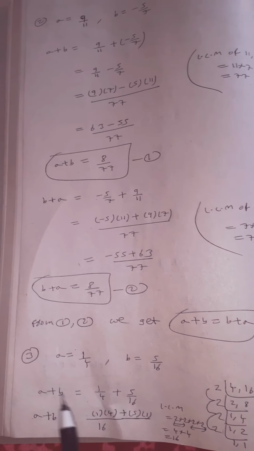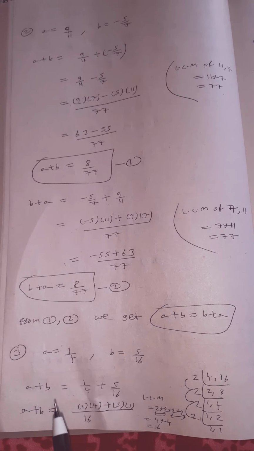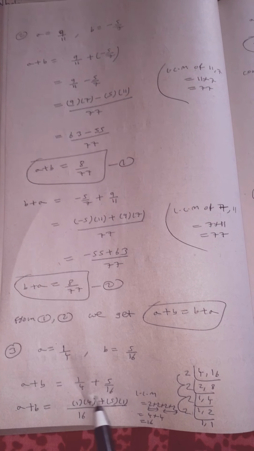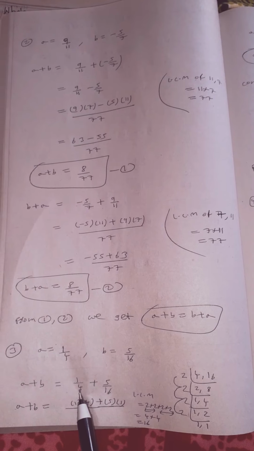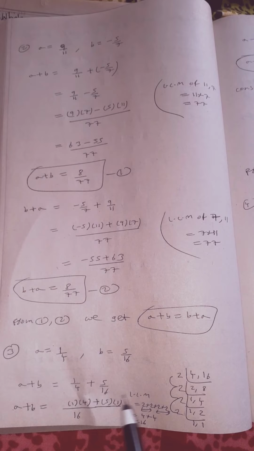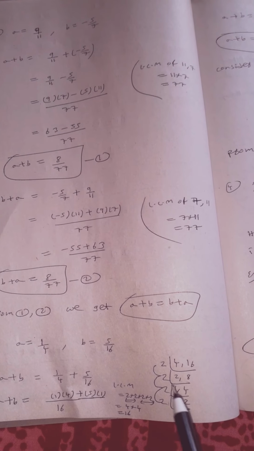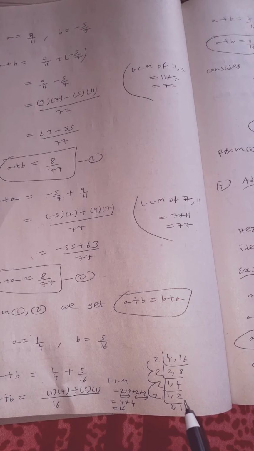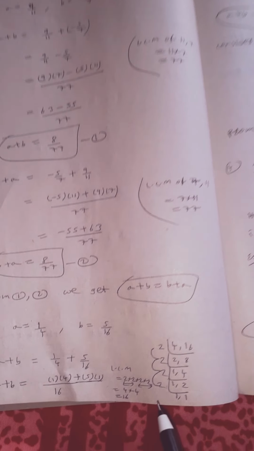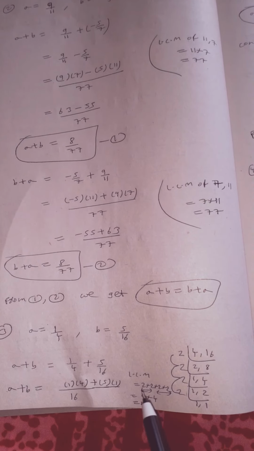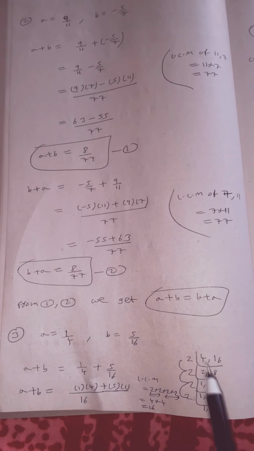Next, third example I have taken like this, children. A equal to 1 by 4, B equal to 5 by 16. So A plus B equal to 1 by 4 plus 5 by 16, children. So here LCM, how much? 4 comma 16 LCM. 4 and 16 are in the same table, children. So do like this. 4 and 16, divide by 2: 2 2s are 4, 8; 2 1s are 2, 4; 2 1s are 2, 2; 2 2s are 1, 1 comma 1. So here 2 into 2 into 2 into 2. Don't write the ones. 2 to the how much, children? 4. 2 to the 4 is 16. So LCM of 4 comma 16 is 16.